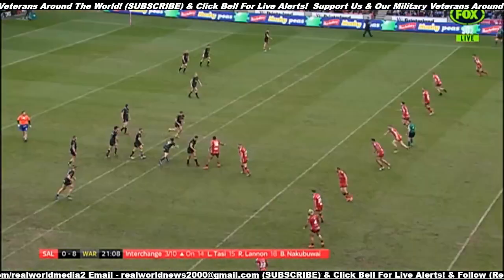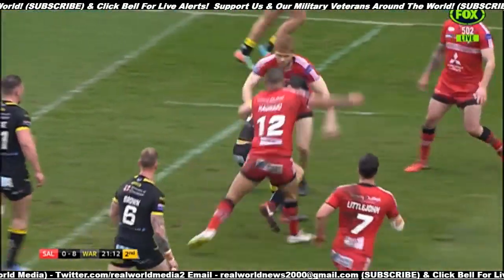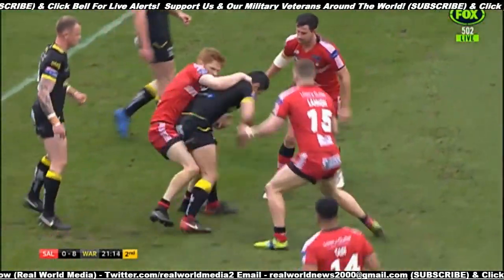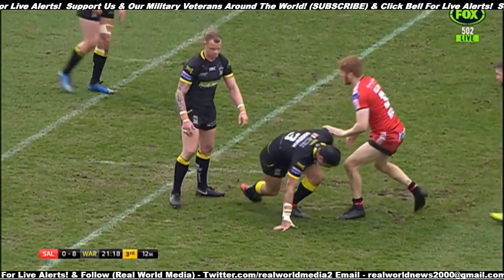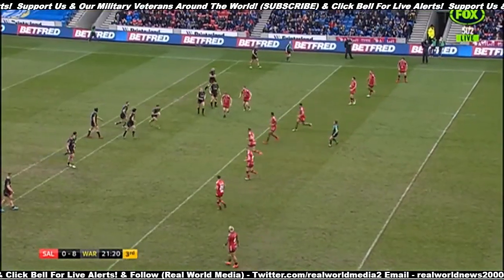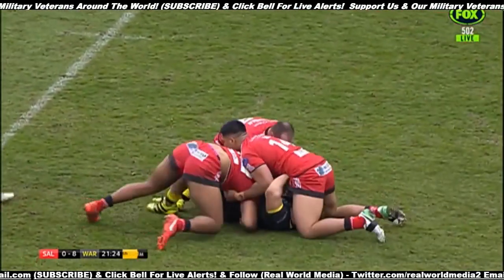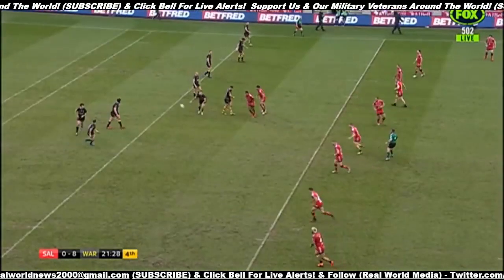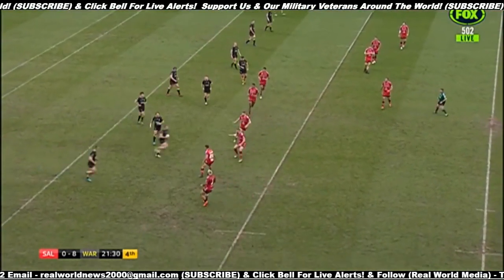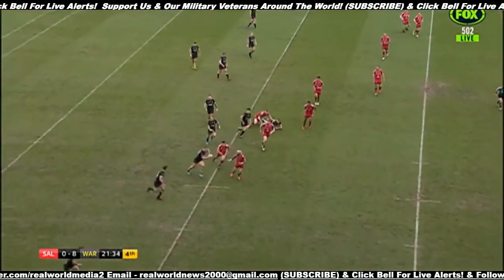Again, look at the speed at which King's getting up to play that ball. Three changes made by Ian Watson to try and get his team back level pegging on the score sheet. They're trailing 8-0. Lamatasi is one of those changes as well. He'll try and influence that ruck speed, that dominance that Warrington have got. How many times they play the ball quicker than Salford can get markers set, goal defence set, and offloads, really